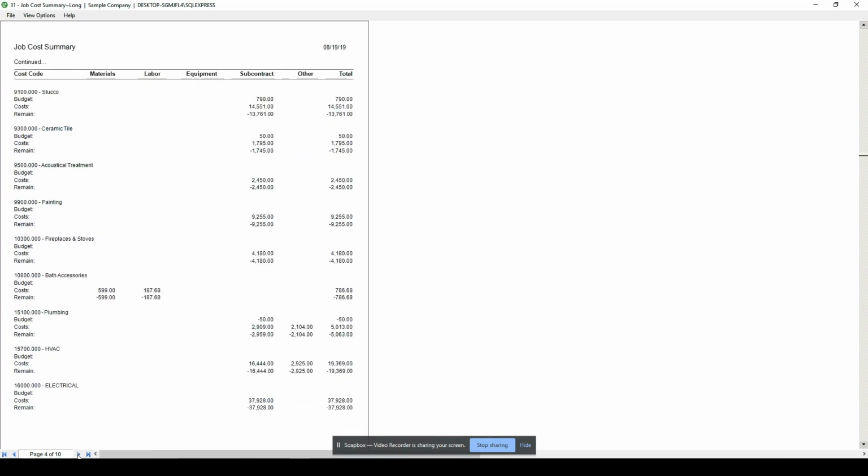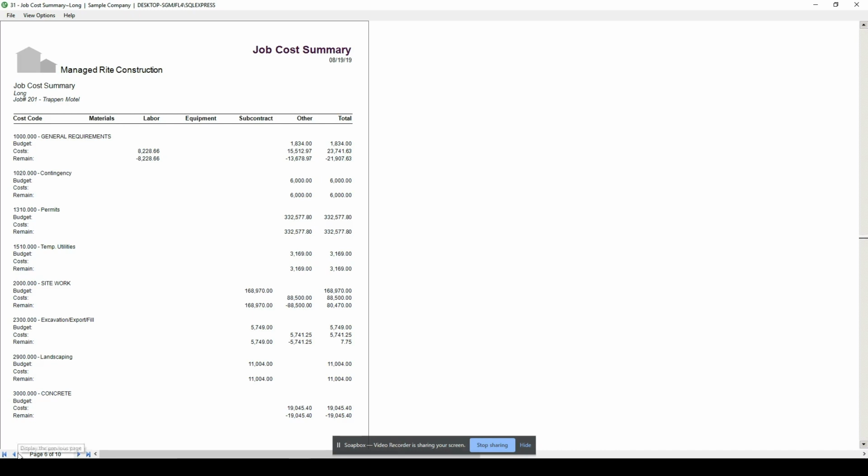So this job 186 doesn't have it. When I look at my grand total, there's no budget. So it looks like my job is out of proportion, out of whack. In this case, it really is not. Somebody might have accidentally deleted the estimate, or in this case, I deleted it. I need to go back and re-import it in.